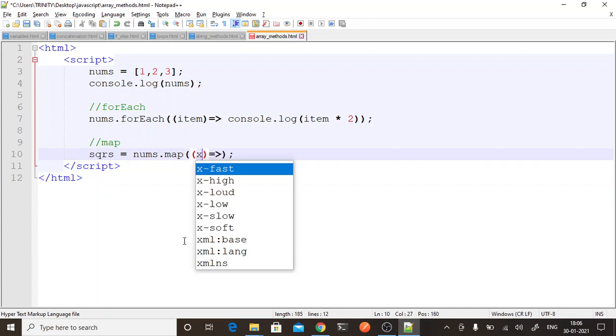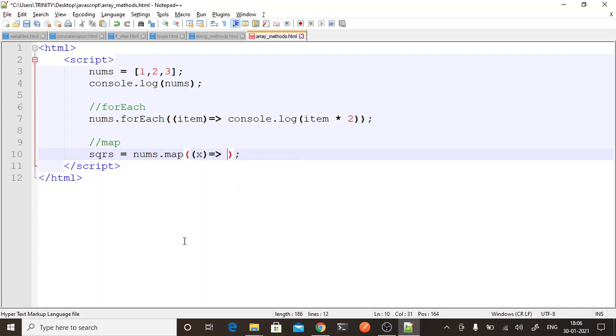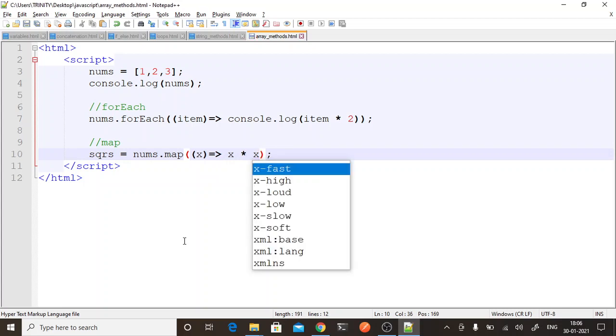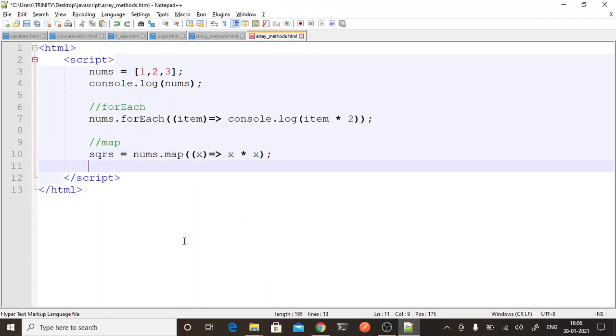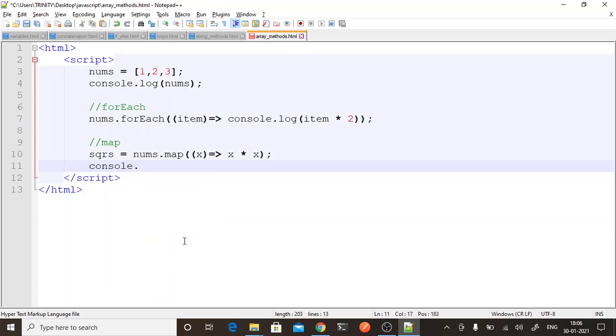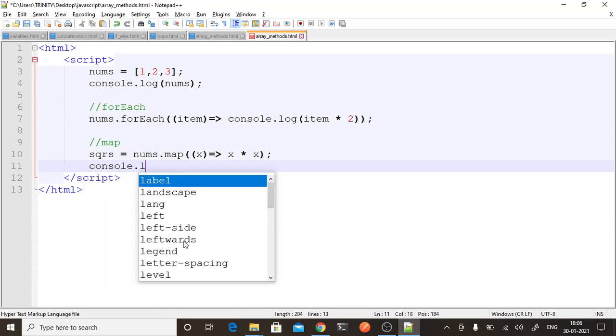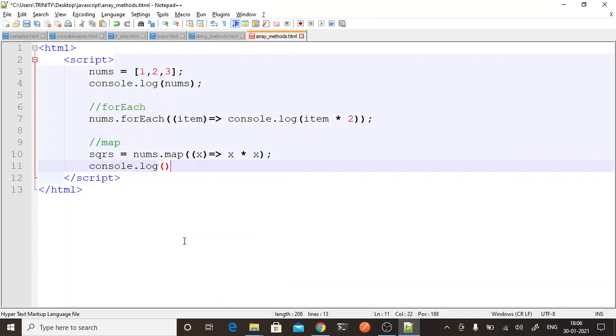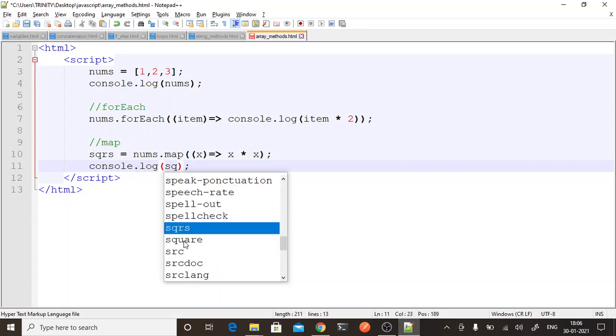So here I will pass x and here I will say x star x. So it will square up each element and add it in the array squares and will show us the result. It will make a new array.